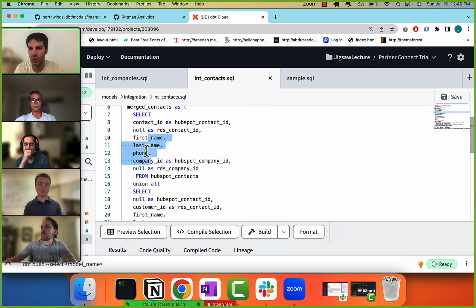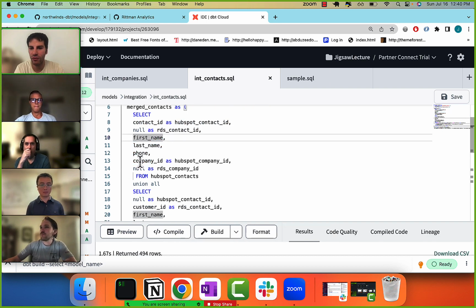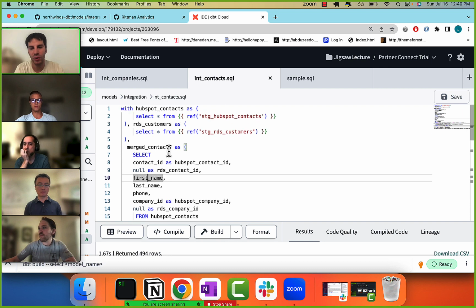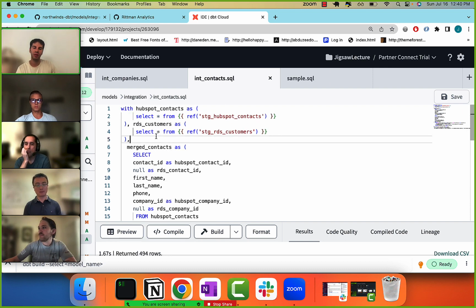Generally it's the same fields, so you can see first name, last name, phone, and here it's first name, last name, phone again. You can imagine here we just have two sources, but typically you might have like 15 different sources that are combining. And rewriting, as we know, just duplicating our code leads to errors as well as just time. So how do we